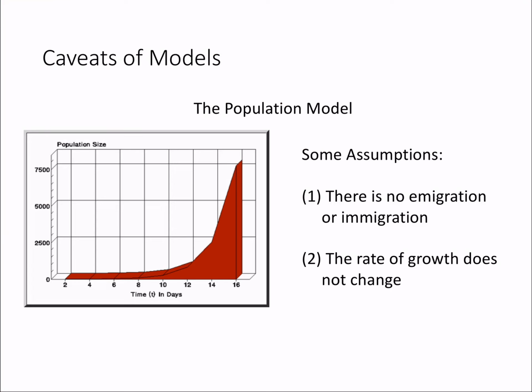If we go back to the population model that we used, the exponential population model, we're predicting what the population is of flies or rats or something. There are some assumptions inherent in that model. So it says there's no immigration or emigration, so no one is moving in or out of that population. Also, the growth rate does not change, so people can't suddenly decide, or flies can't suddenly decide, we don't want to have kids anymore, we're going to stop having kids. The same growth rate has to occur throughout the entire duration of the model. So those are 2 assumptions of that model.